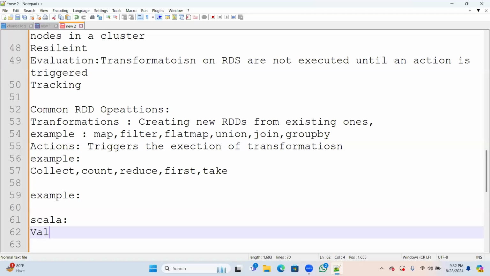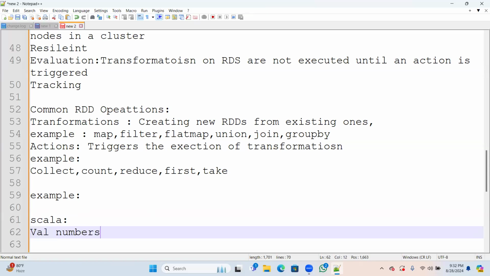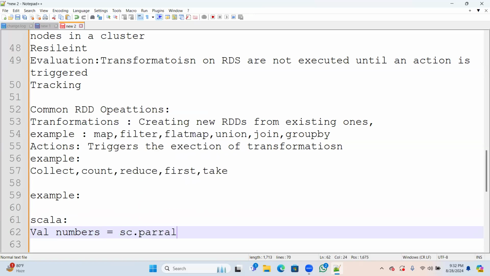Now let's take val. Val means value. I'm creating one object called numbers, that is a val, and I'm applying the values, let's say three.